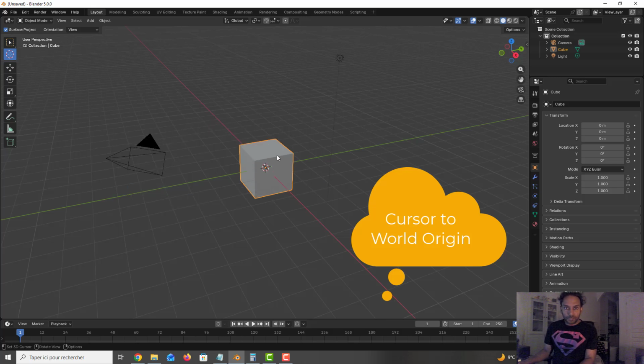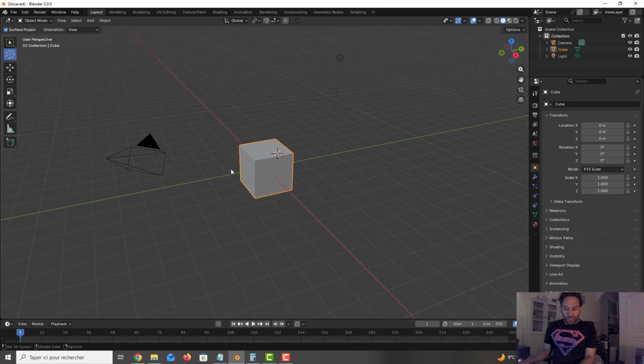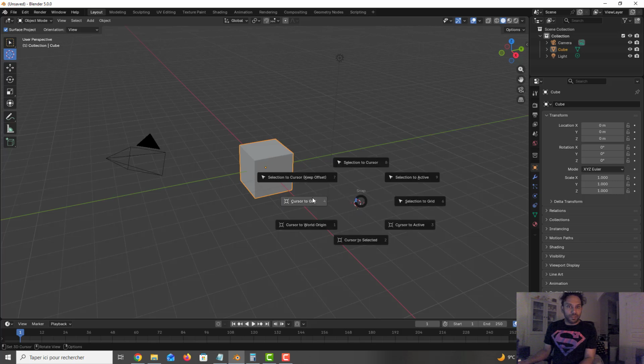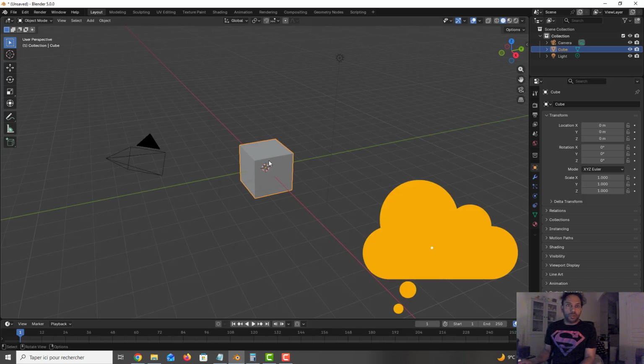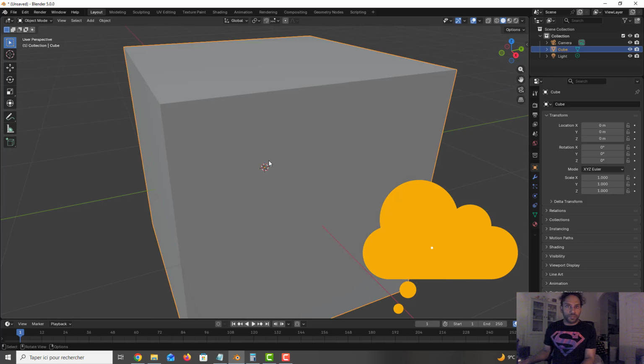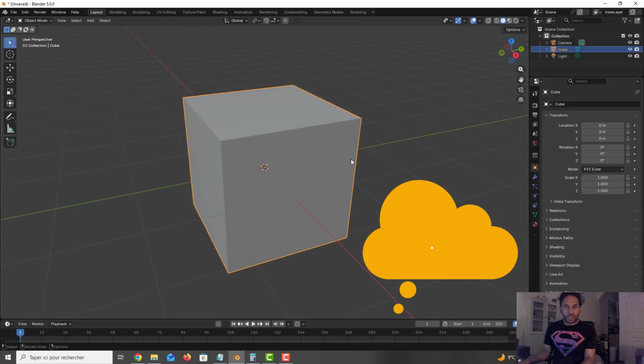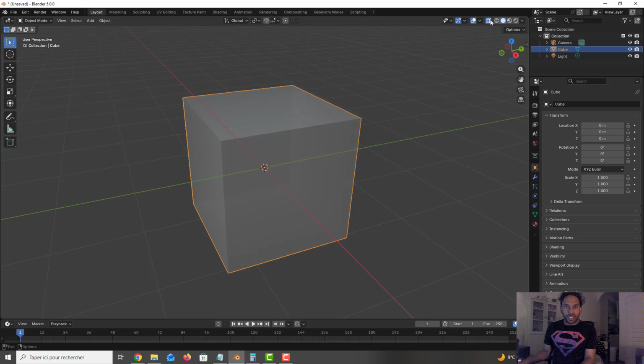Okay. I will do that again. So Shift S, Cursor to World Origin. Okay, I will select the select tool so as not to displace the cursor again. After that I will go closer to the cube, and you can see if you go to the X-ray,